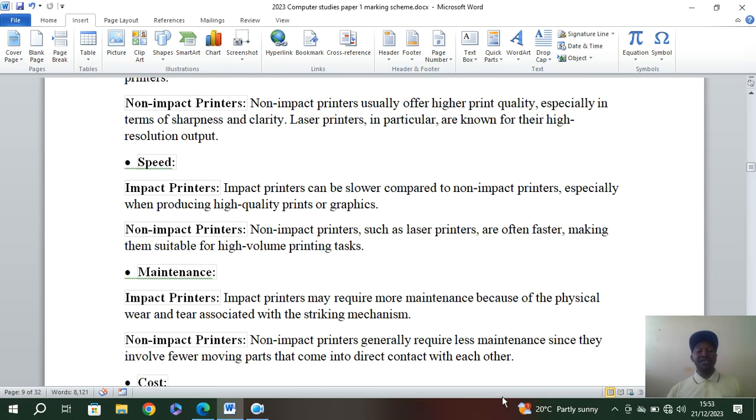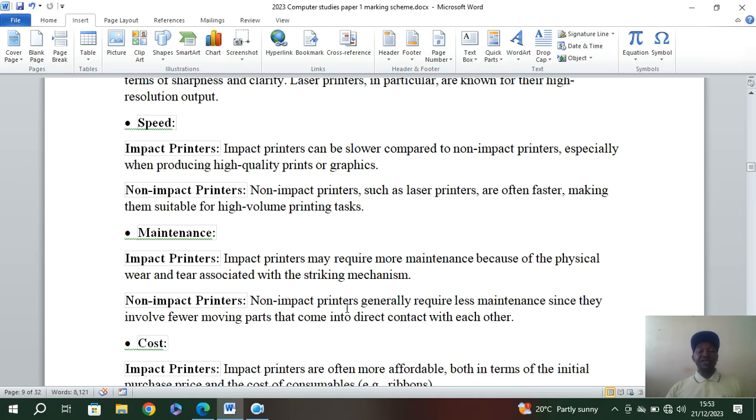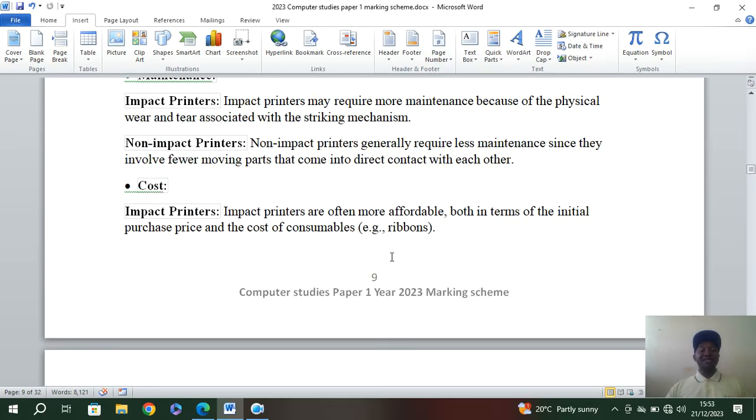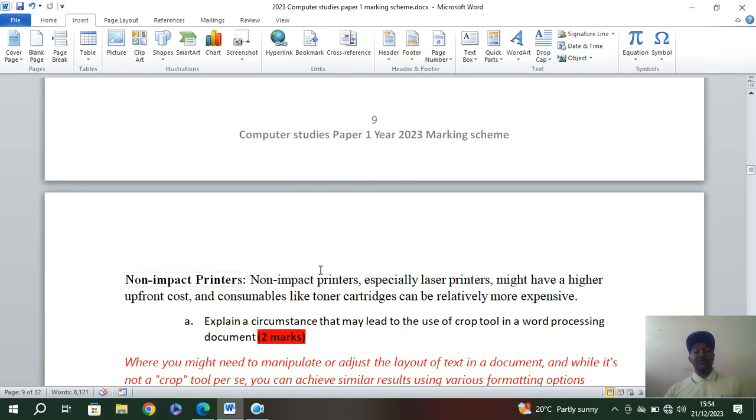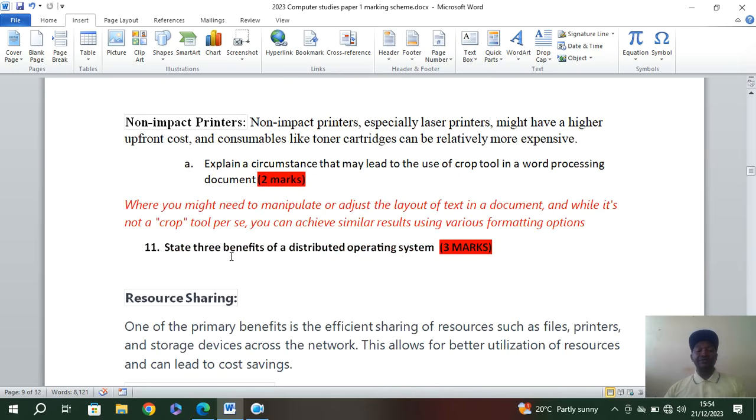When we talk about maintenance, impact printers may require more maintenance because of the physical wear and tear associated with the striking mechanism, whereas non-impact printers generally require less maintenance. Lastly, when you talk about cost, impact printers are more affordable. Non-impact printers are expensive because of the consumables like toner cartridges. They are more expensive. Then we have: explain a circumstance that may lead to use of crop tool in a